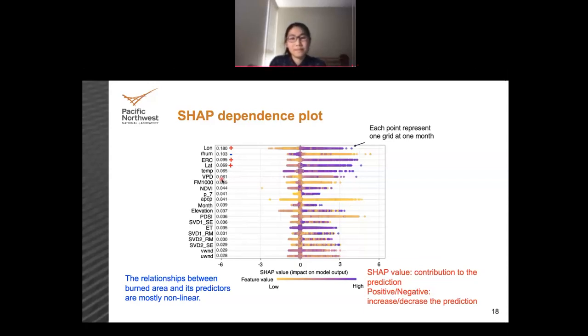So is your approach order dependent then? Can you repeat your question again? SVD and the tree approach, is it order dependent? The variables that come first might be dominating or correlated with later variables, so they will account for most of the explanation of the variance. Yeah, I think it's possible, but when